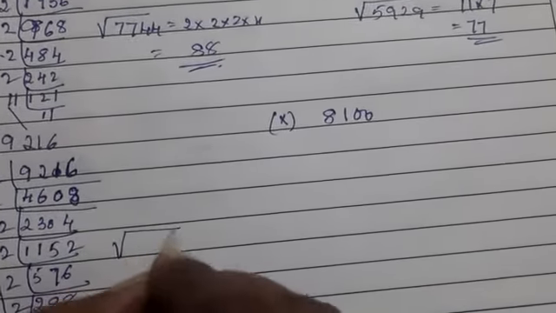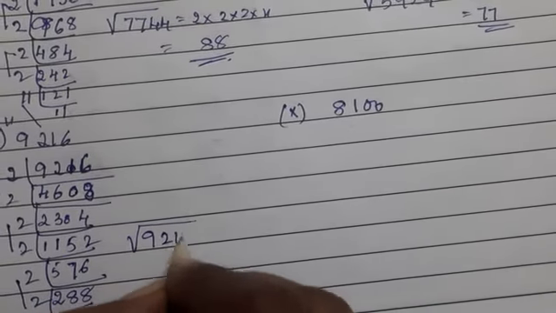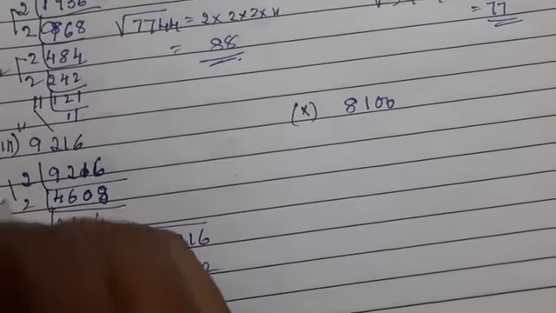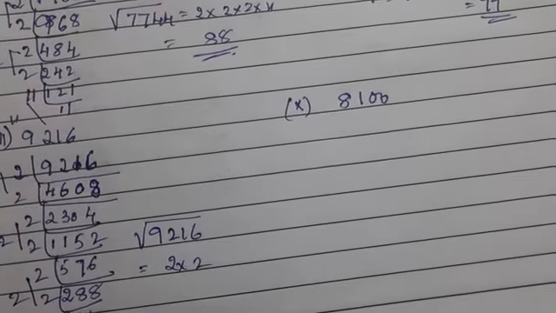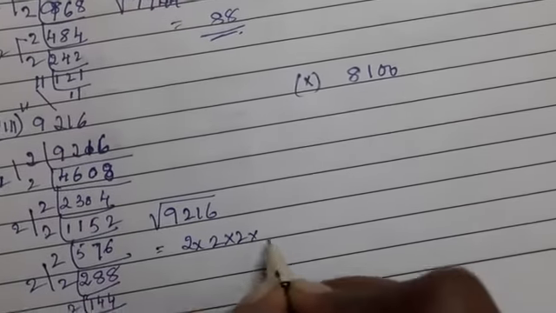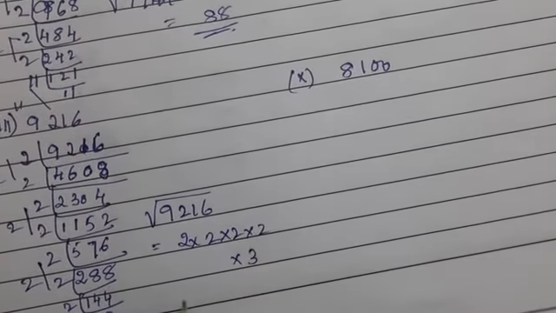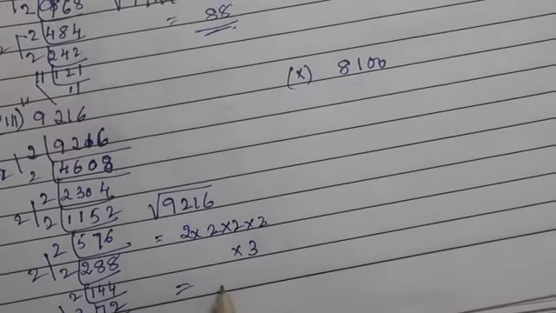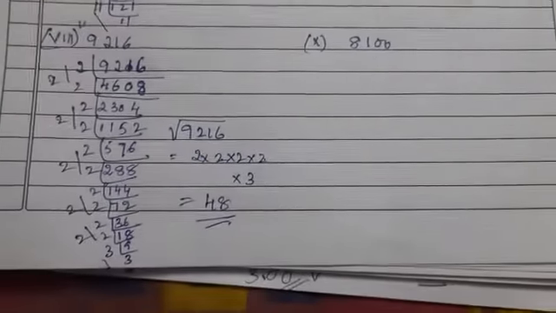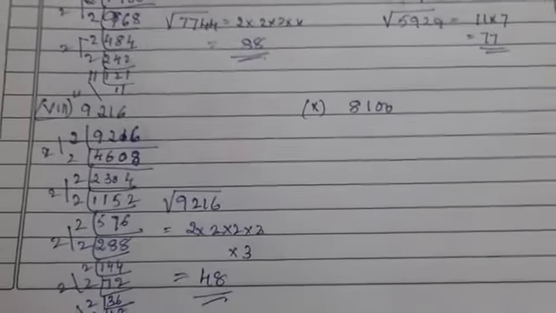Okay. Then square root of 9216 is equal to 2 into 2, 2 into 2 into 2 into 2, 4 2s into 3. How much? 2 2s are 4, 4 4s are 16, 16 3s are 48. Okay, you have to do it clearly. So next,